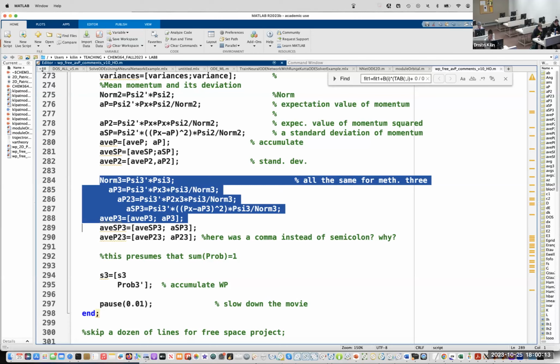So momentum's expectation value 3 means it is based on method 3. And we trust method 3 a little bit better than method 2. So if we need to choose, we select method 3.